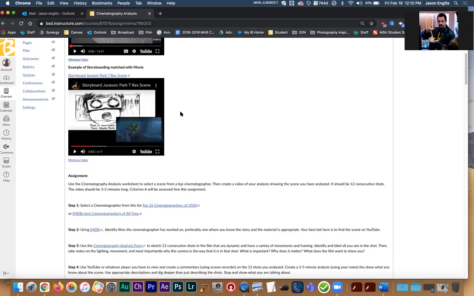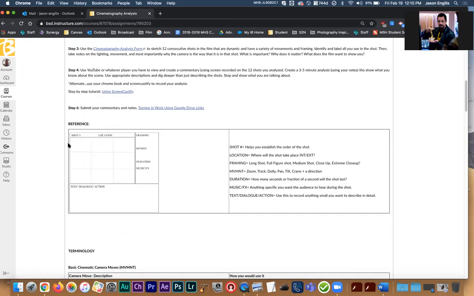Again, it's review, but I'm putting all the resources there. And if you scroll down, it's got references to the universal storyboard format that I created, where I'm asking people to talk about shot number, location, framing, and camera movement, not the movement of on-screen camera movement. You can draw arrows and really sketch and plan out what it is you want to do, including how long the shot is, which I think a lot of people forget to think about in your mind. Is it a 1 second shot? Is it a long panning 10-second shot where you're taking time with the camera? And then space for small text and small dialogue and small notes that will help you plan out that particular shot.